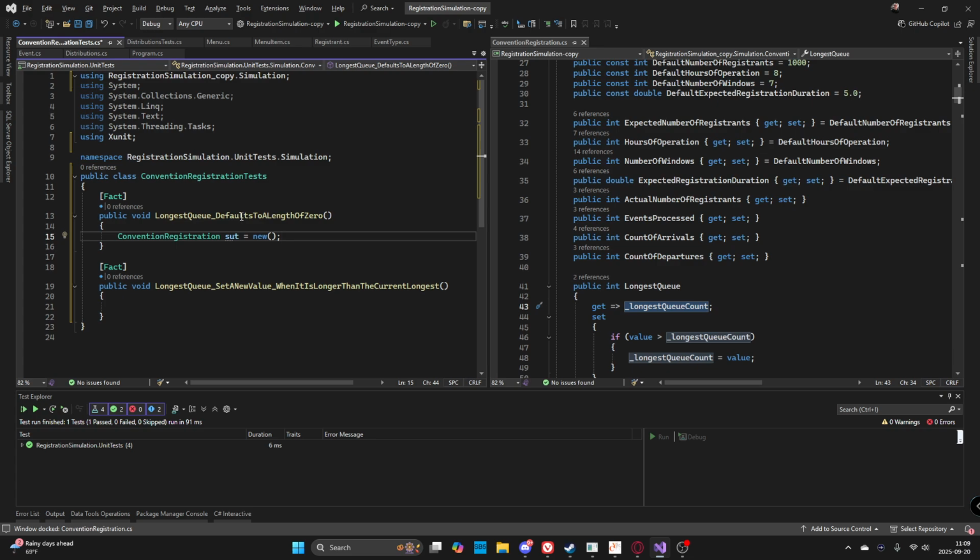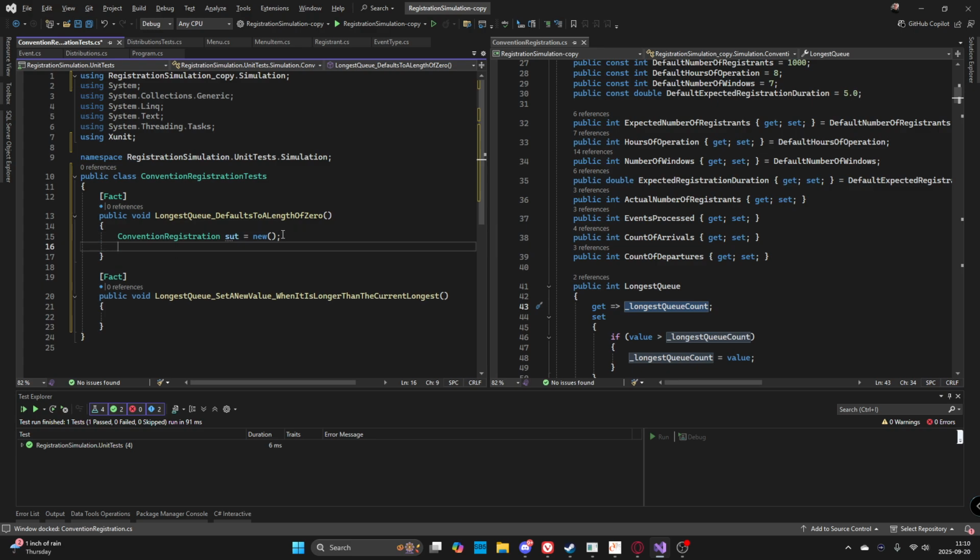So SUT, that stands for System Under Test. And I've actually seen that in at least two or three different spots for using the name of the test. So maybe it's more conventional than I would have thought originally. What you can do with that is it's just a holder for the value of the test. So it's saying this is what we're testing. It's a convention register. And all we're going to do is we're going to say assert dot equal